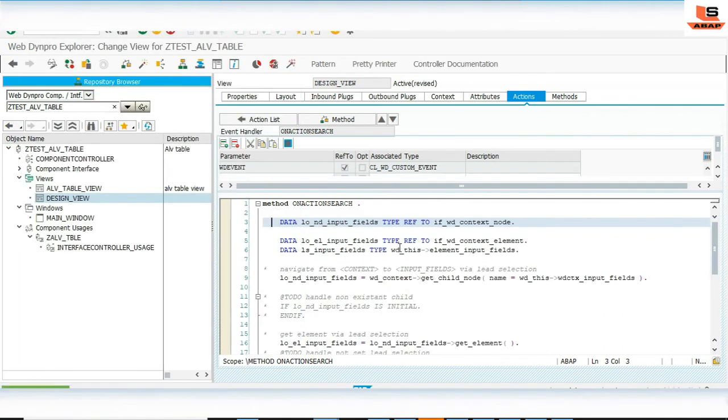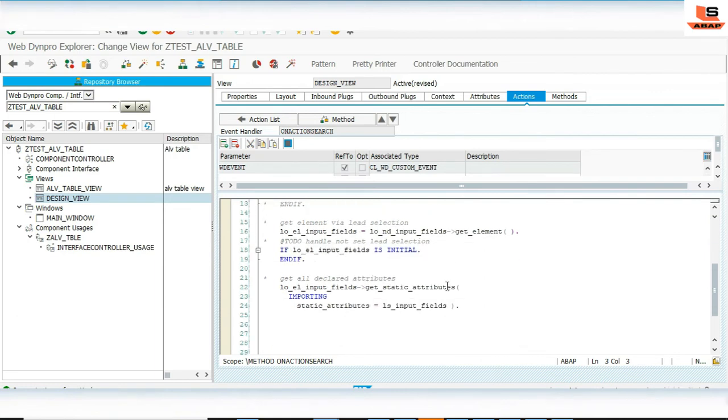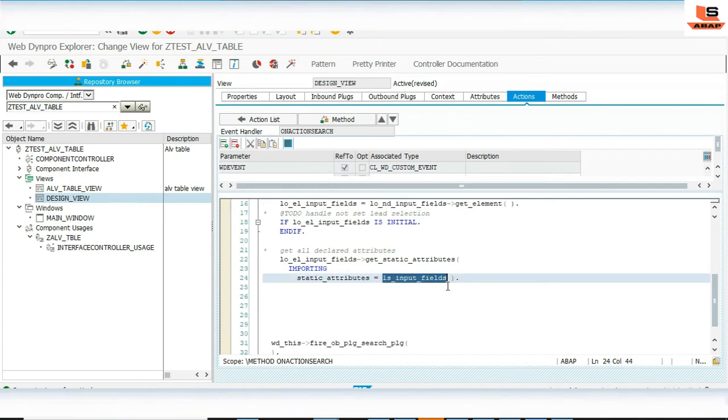Once you click on OK, you can find some auto-generated code over here. You can see get static attribute in this ls_input_field structure, in which you will receive the values you have entered on your screen. Now we have to implement our logic.